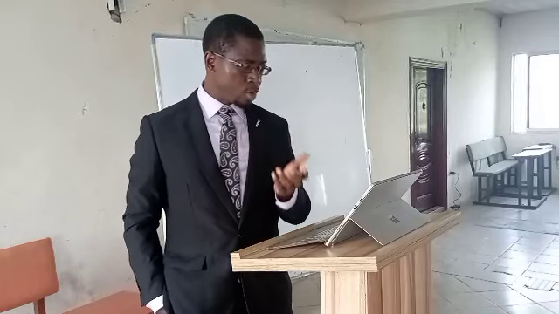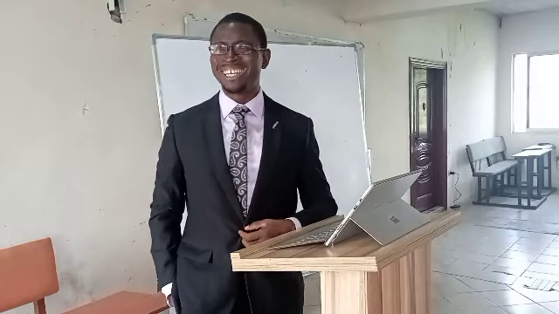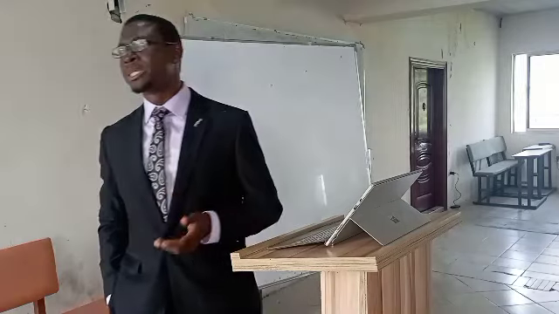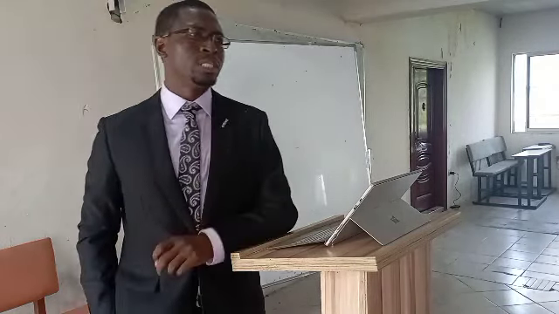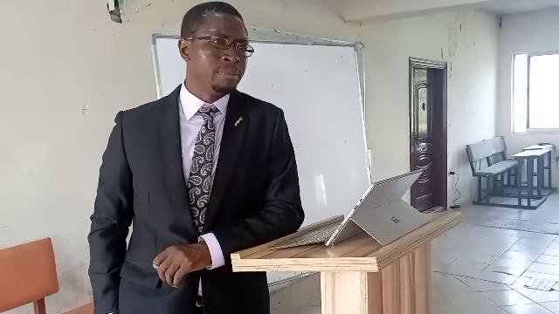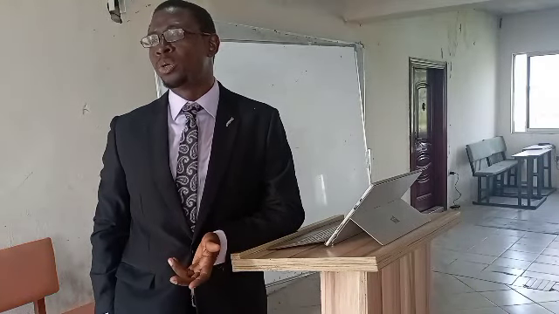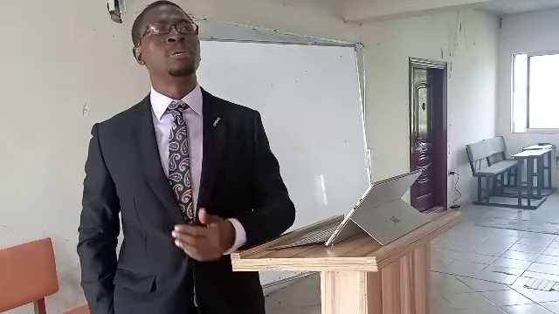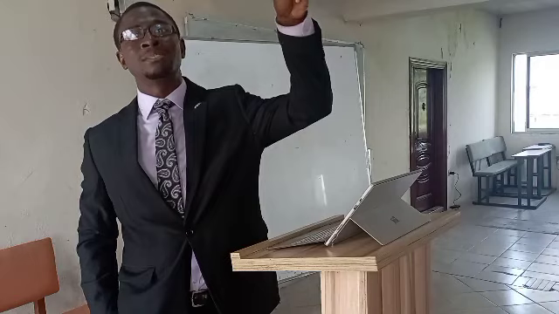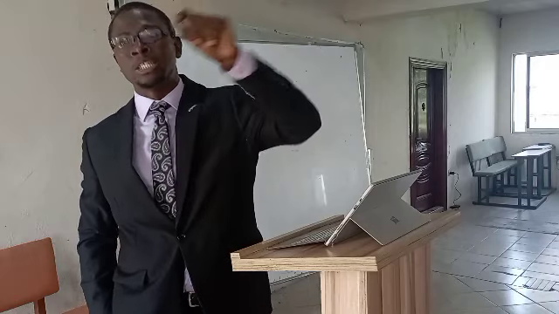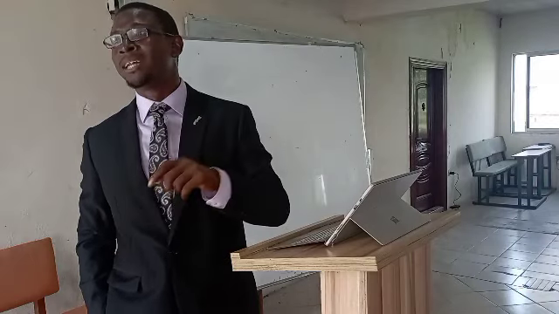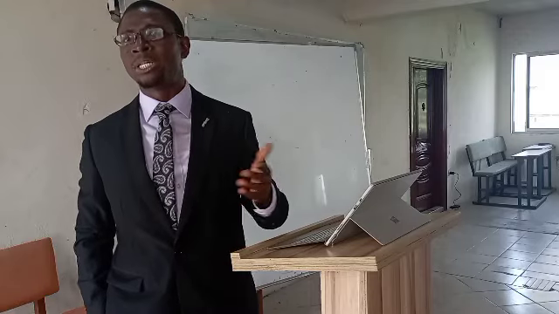So an error or omission in a notice with respect to dates. But I should think an error with respect to dates should be as fundamental as non-notice at all. Because you told me the meeting will be held on the 23rd of January and it was held on the 25th of January. It's the same thing as non-notice. I don't know if you understand. So I was planning and hoping that on the 25th I will go for that meeting and cast my vote on that crucial issue, only to find out that the meeting was held on the 21st. Shouldn't that invalidate the meeting?